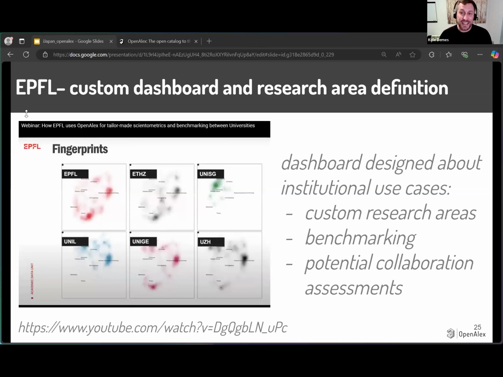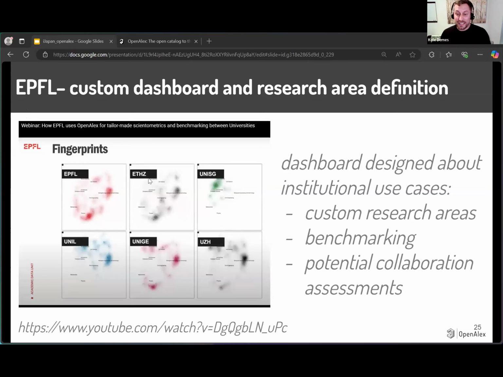Another very sophisticated example I like to show is EPFL in Switzerland, École Polytechnique Fédérale de Lausanne. They've mapped all of the research publications and all the topics at many universities, and then they create these fingerprints to understand how similar they are. So if you look, for instance, at EPFL, each of these dots is a topic that they publish on, and it's mapped at the scale of all the research in the world.